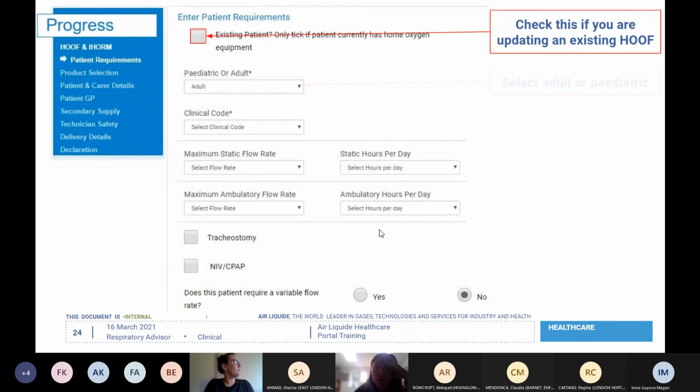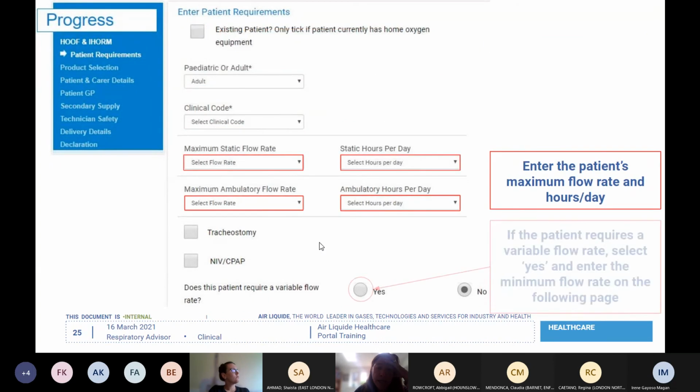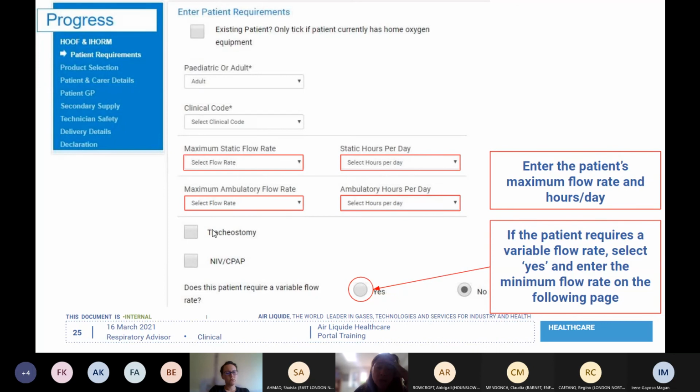If you require tracheostomy or NIV CPAP, you can tick tracheostomy and we can provide a straightforward tracheostomy mask. If there is NIV or CPAP for that particular child, Air Liquide does not have the contract for those services, and therefore we will not, as a company, be able to connect the oxygen to the equipment